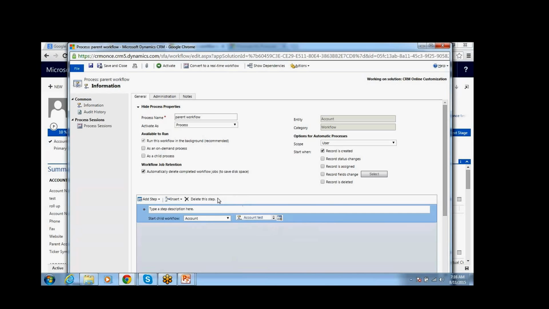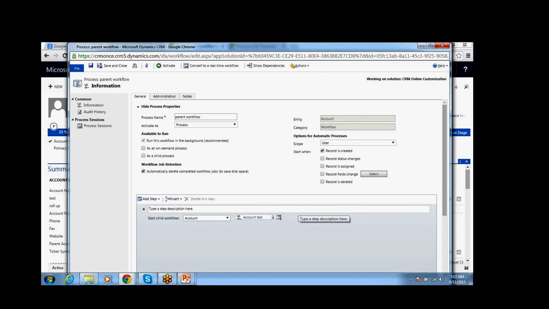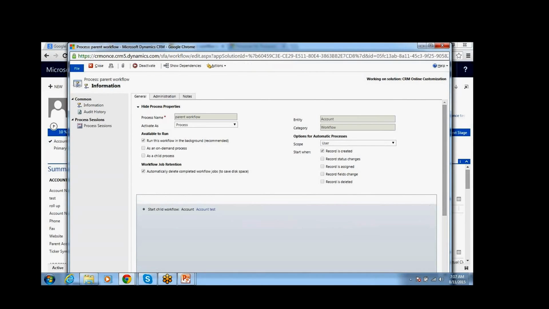From a parent workflow, we can run the child workflows like this. Once I select this one and activate, this is about all the basic workflows in the CRM system.